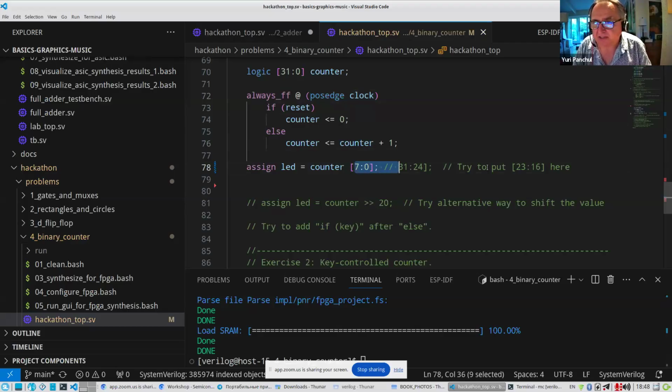So instead of 70, you can see like 31:24. So we can just check which bits of this number we can see.